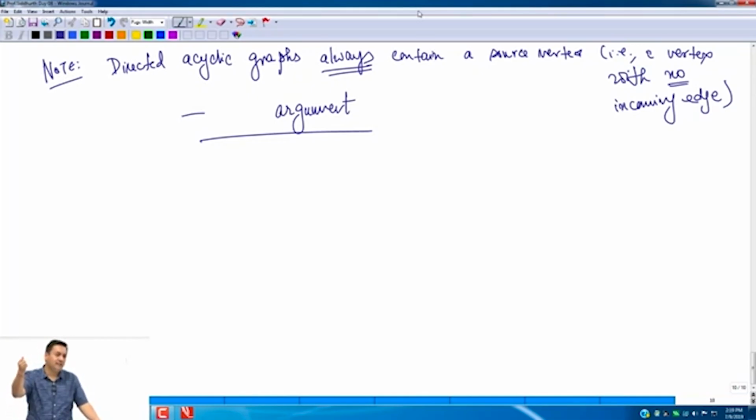So you keep on doing this. It's a finite graph, and you'll never cycle back. That is, you'll never reach back to any of the vertices that you have encountered so far. So this is a path argument, right? It's quite similar to the room following argument that was employed in Sperner's lemma.